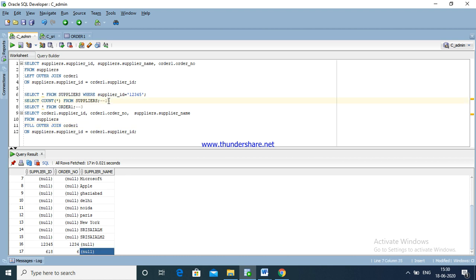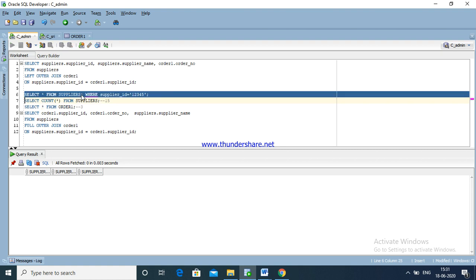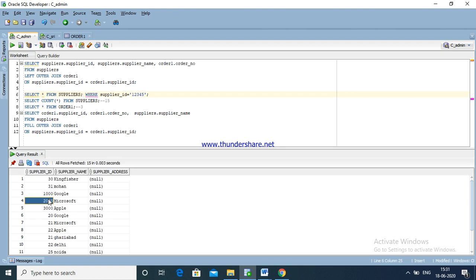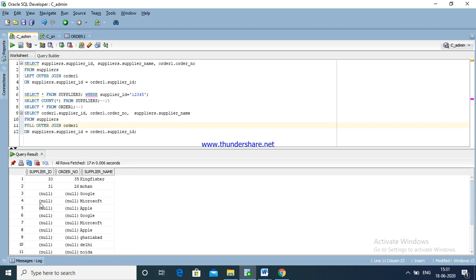See here, just go and check the 15 rows. These are all not met, so it will display null. Supplier IDs are not met, so they display null.